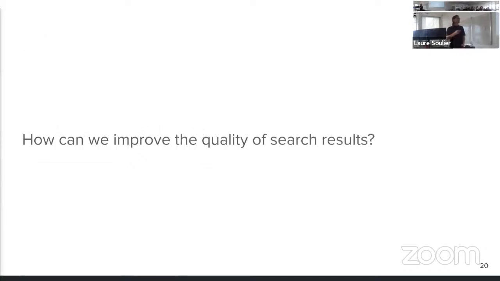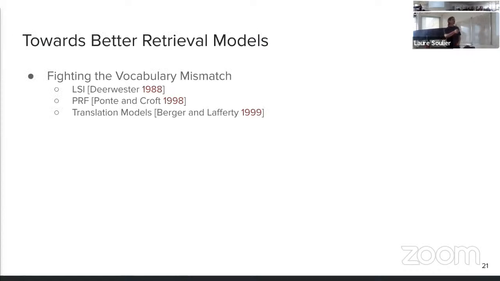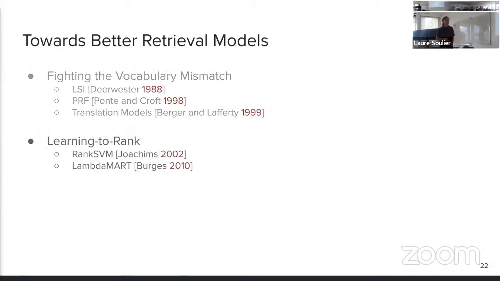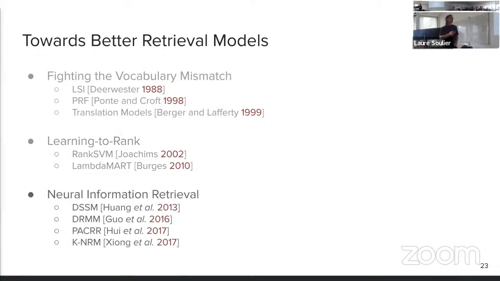So lexical approaches are quite limited. It's not really a surprise. And early on, the IR community has worked on methods to improve the quality of search results. For instance, many methods have been developed to fight the vocabulary mismatch, but in the end were not so effective. In the early 2000s, learning to rank models were developed in order to combine many relevant features with machine learning models. But developing such features is usually difficult.